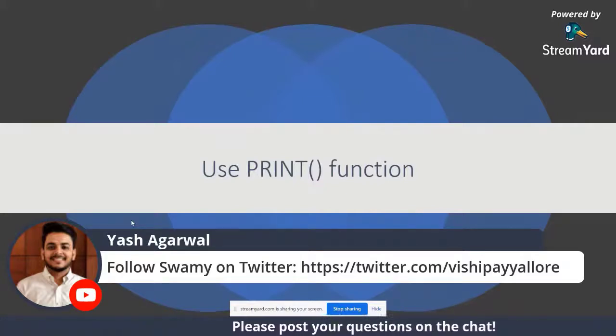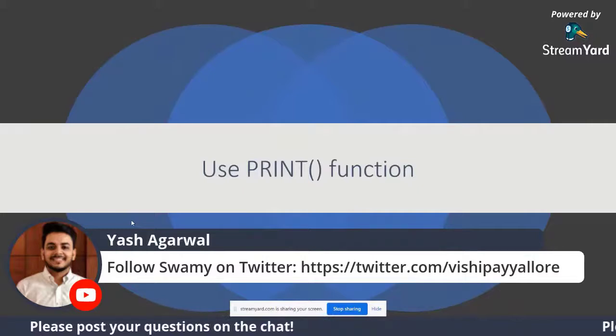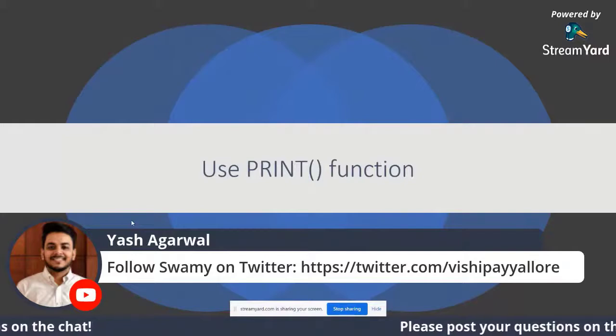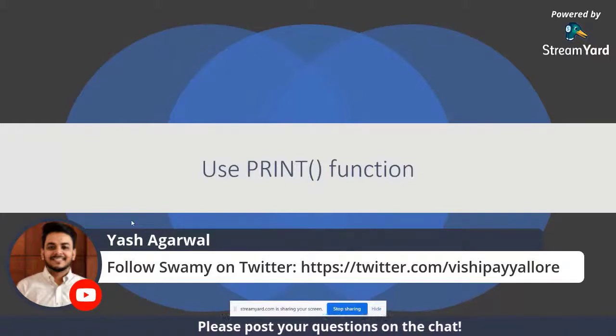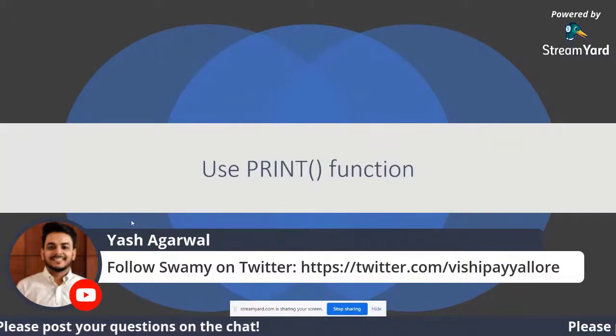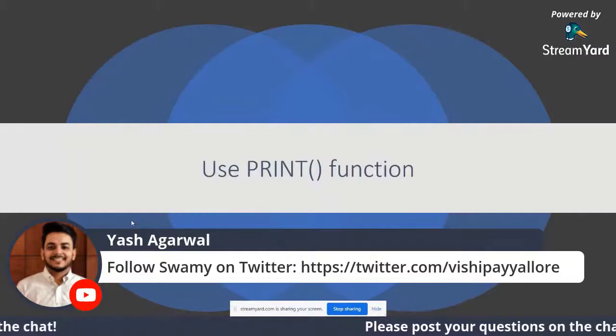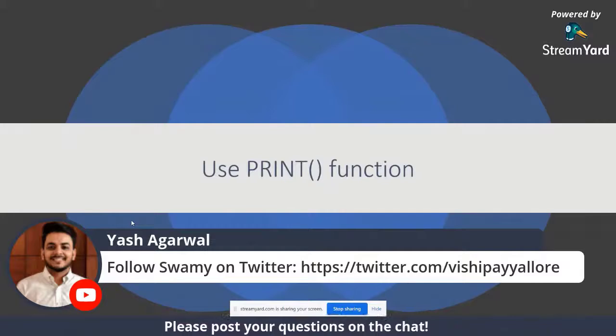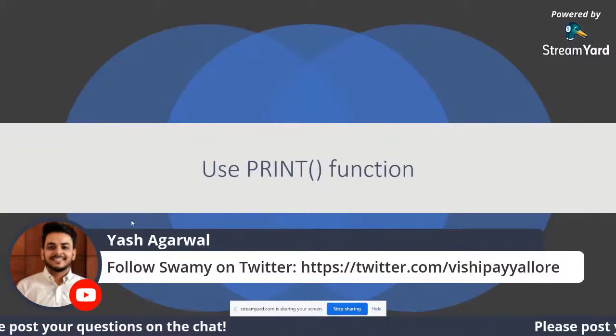That is supported when you apply some restrictions over the controls, but by default it prints out the whole screen, the active screen on which you are. This can be combined with any of the other functions as well. Let's say first I want to send out an email, and then I want to print the screen content. Those things can be combined together, and you can use the Print function to do it.